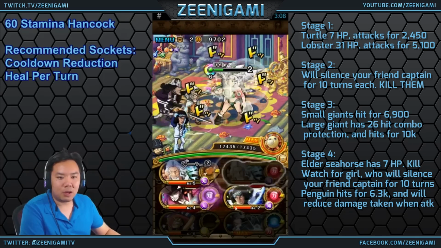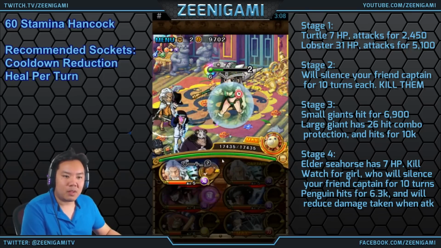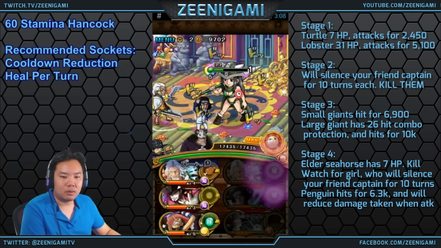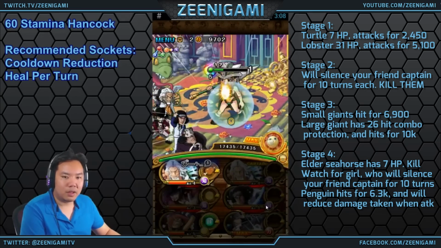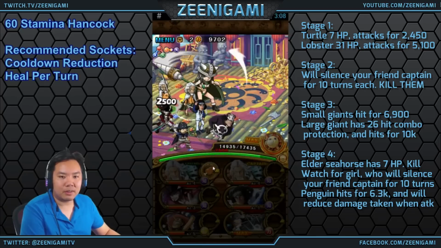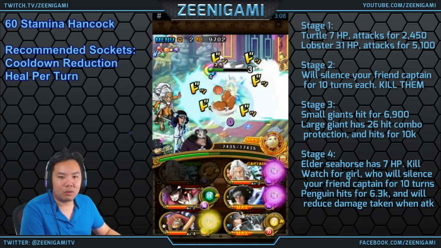I'm going to save the food orbs from here on out, and just take the hit right here. 1, 2, 3, 4, 5. Take the 10,000 damage hit. Our despair is gone now, so even without despair sockets, you'll want to take that hit right there the same